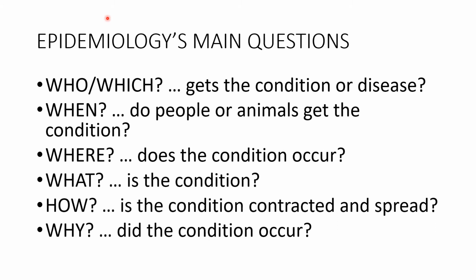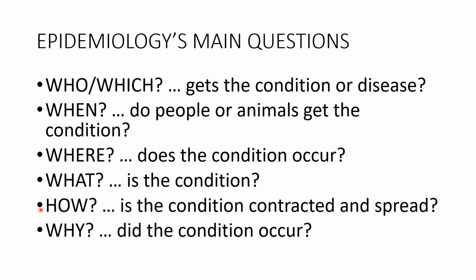So for us to understand, recognize, and use the disease pattern, we need to ask the 5 W's and the 1 H of epidemiology. So who, which. So sino ang may sakit? Who gets the condition? Sino or anong animal or anong groups na animal ang nagkakasakit? Kailan sila nagkakasakit? When? Where? Saan nangyari ang condition? What? Ano ang condition? To begin with,